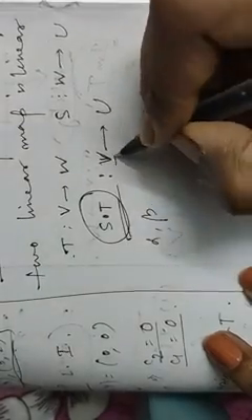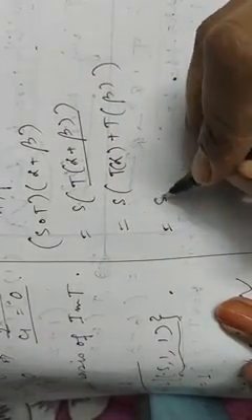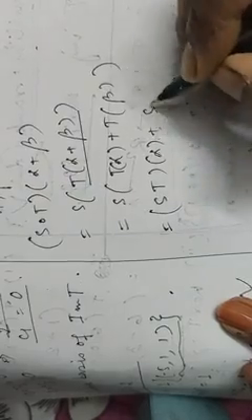For that reason we are considering two elements, alpha comma beta, belonging to its domain space V. Starting with S composition T of alpha plus beta, it will be S of T of alpha plus beta. Now instead of T of alpha plus beta, we can write T alpha plus T beta because T is linear. Then opening this, it becomes ST alpha plus ST beta. That means we started with ST of alpha plus beta and ended at ST alpha plus ST beta. So the first condition of being a linear mapping is satisfied.